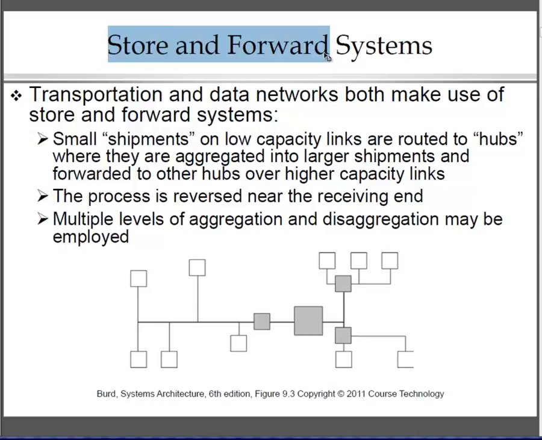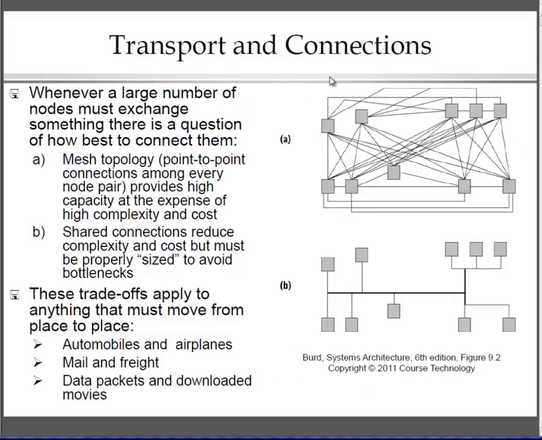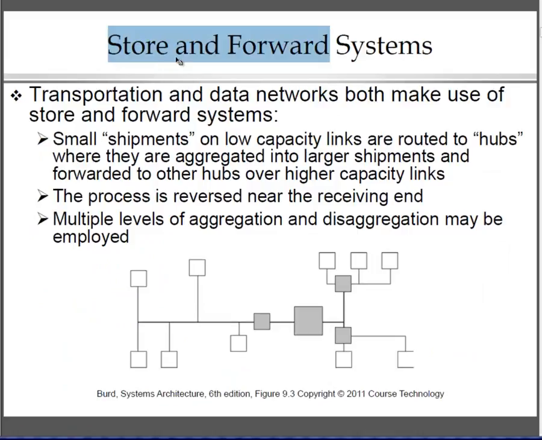Back to the idea of mesh, everybody is not connected directly to everybody else. You've got to go to an intermediate spot and then connect to a different road, and that takes you to the next town over. Then you get on the highway, and that takes you to the other end of the state. Then you get off the highway onto a local route that connects 5 different towns, and the one you want is all the way at the end of that highway. So this idea of store and forward is simply that,